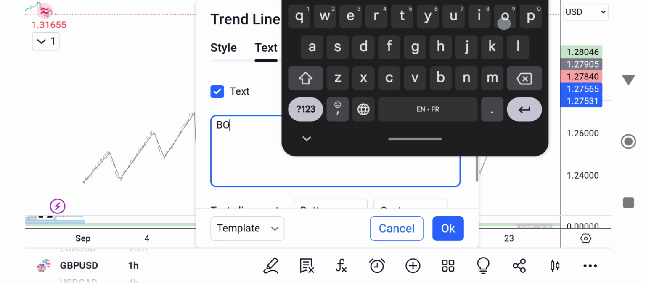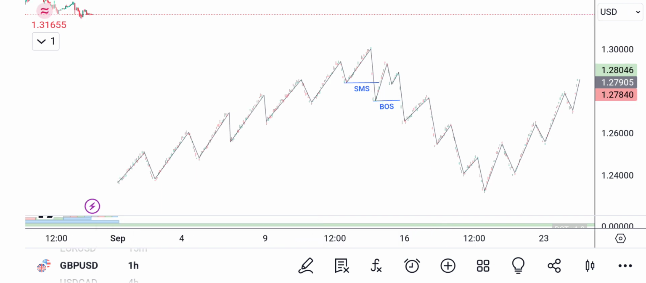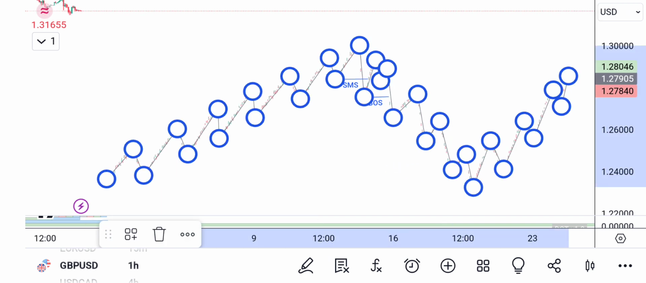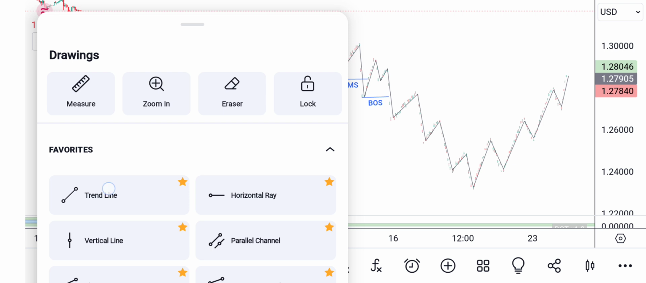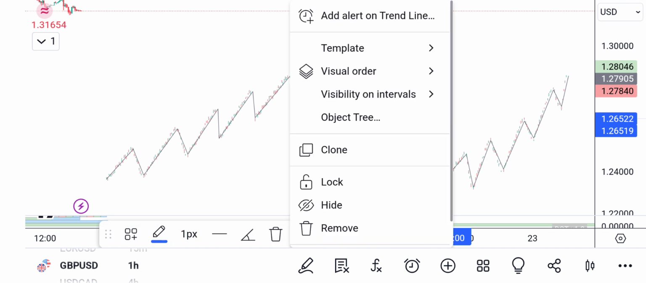Okay, break of structure, and it has to be bottom and centered. I hope this is clear. So anything that happens below here is a break of structure. This is another break of structure here. You label it break of structure. This is how you annotate your